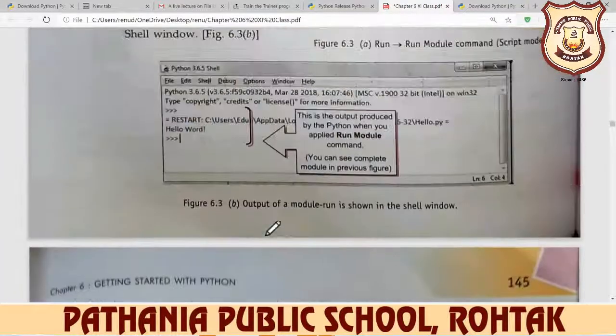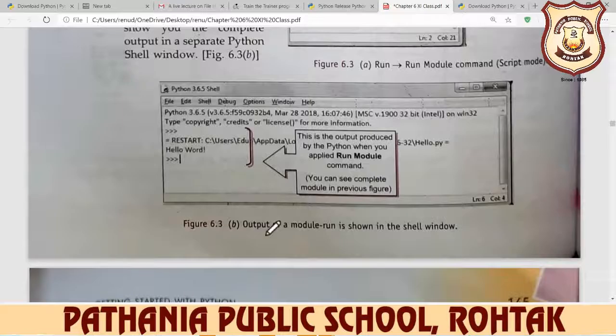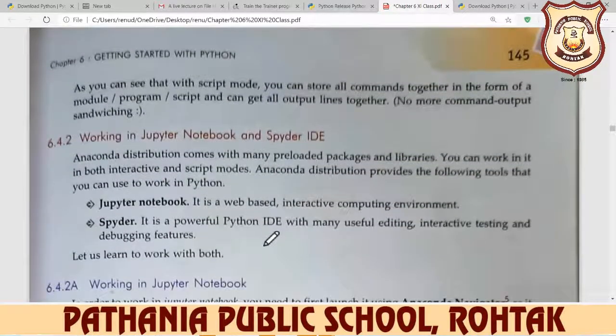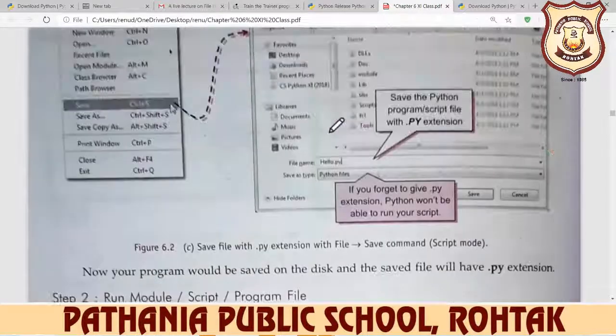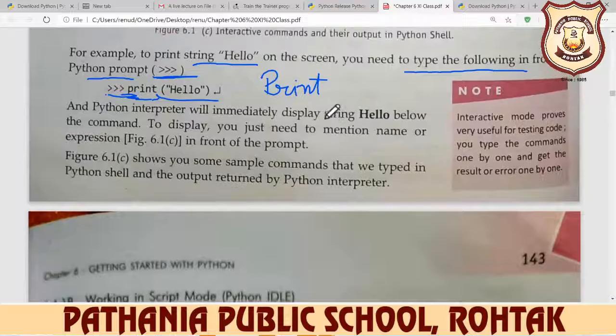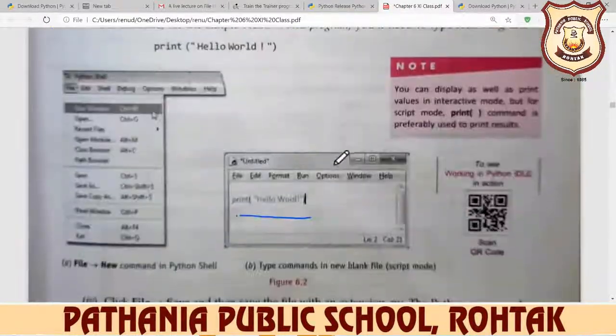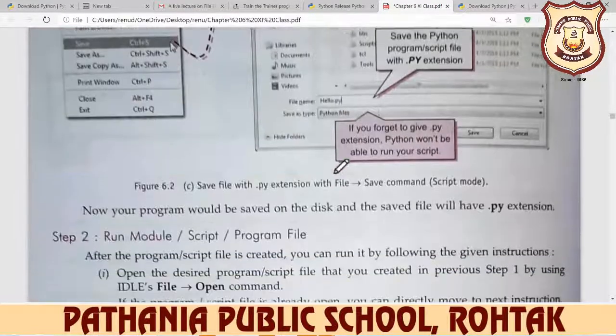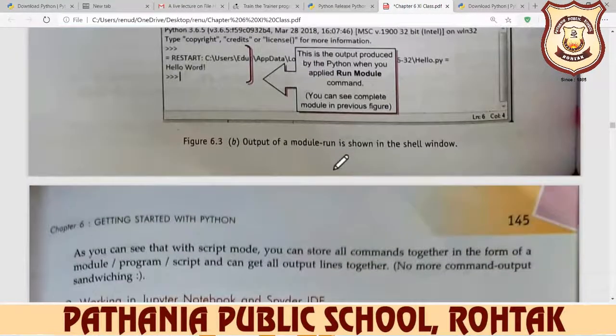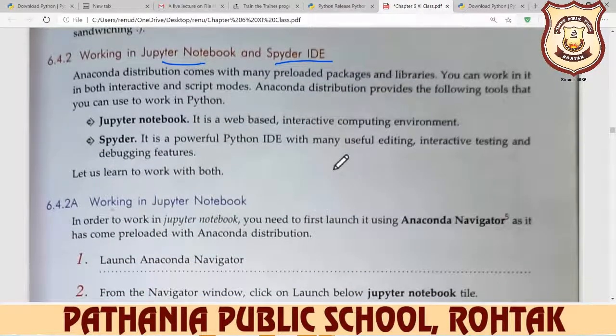And now this is your simple programming downloading, and here we work with Jupyter Notebook and Spyder IDE. We can also work on Python with Jupyter Notebook or Spyder IDE, but here we use only CPython, which we downloaded above.